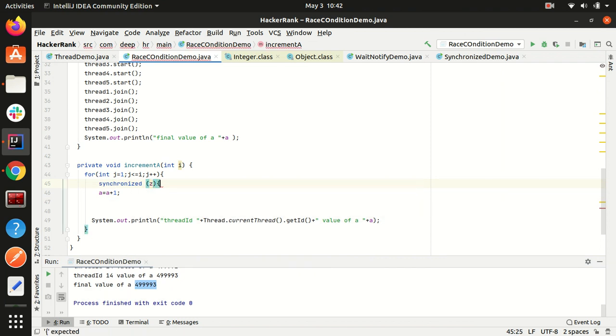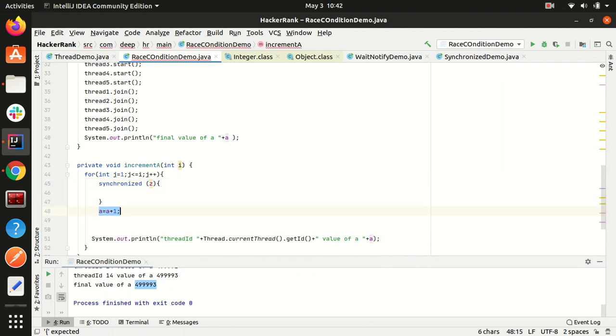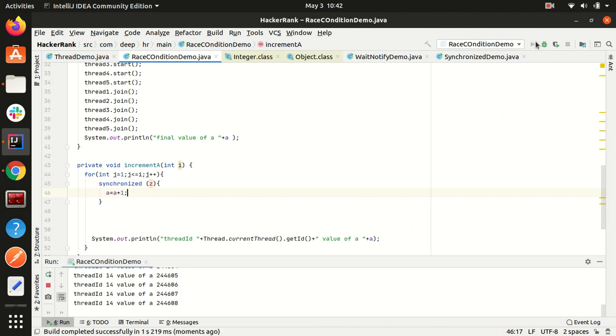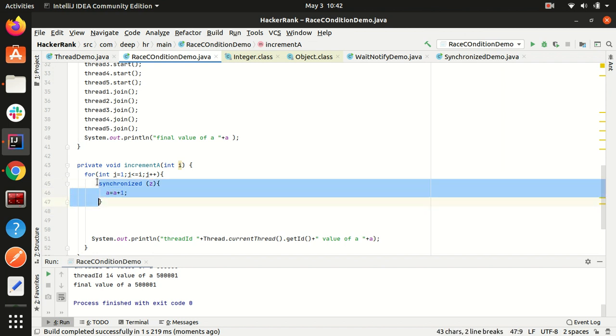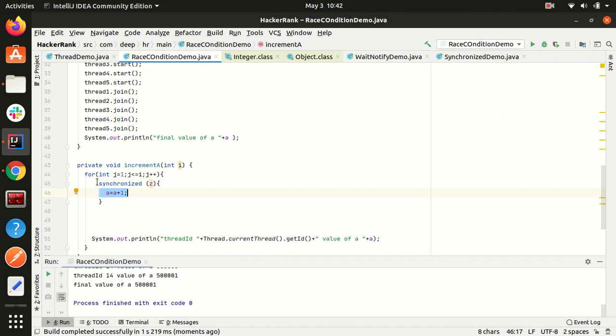I will just run the demo once more. Now as you can see, the value is correct. That means the synchronized keyword only allowed one thread at a time to execute the code inside the synchronized block, and that's why no race condition occurred during execution of this code.